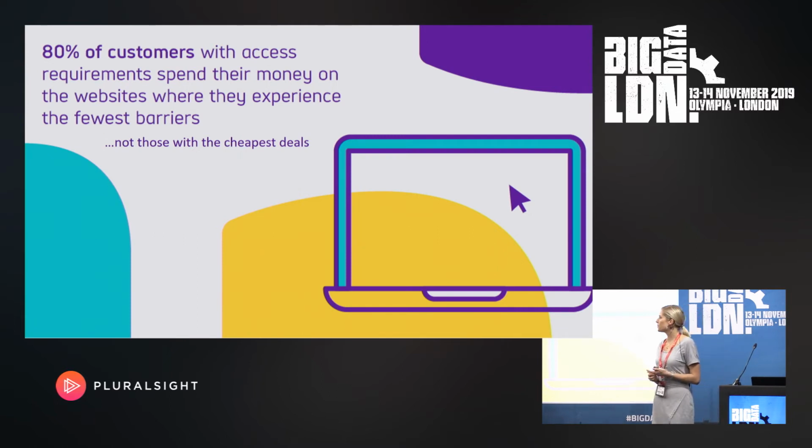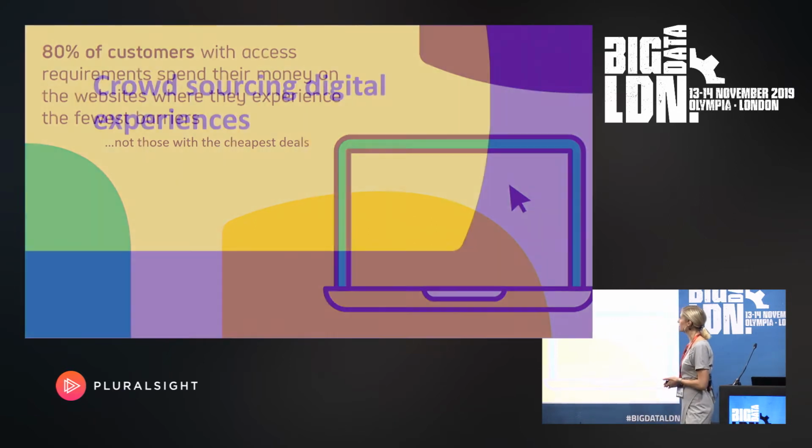Online, disabled people, when they experience a barrier, will tend to go somewhere else. And that often means spending more money. So instead of using Skyscanner, they'll probably have to phone up an airline to book their ticket, and therefore they're really not going to get the best deal. So they'll become loyal customers to the organisations and businesses that actually don't put barriers in the way of them buying things from them. So it's a really wise business decision to have an accessible offer.